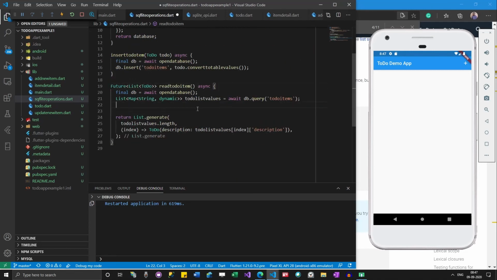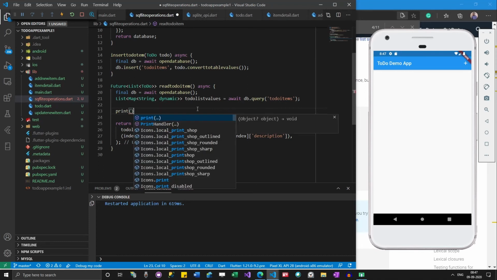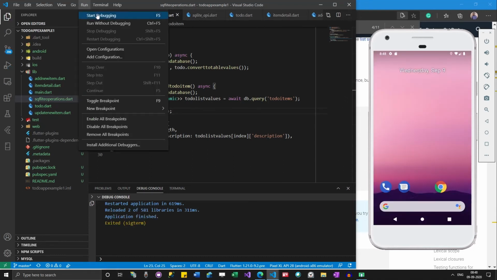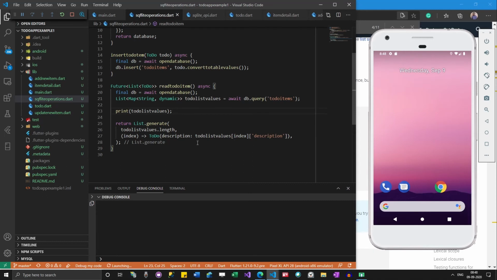So I will add a print statement over here, and then todo. Let me debug this. Because it's not running, we have to debug it, right? So I will debug it and see whether the values are being passed correctly or not.